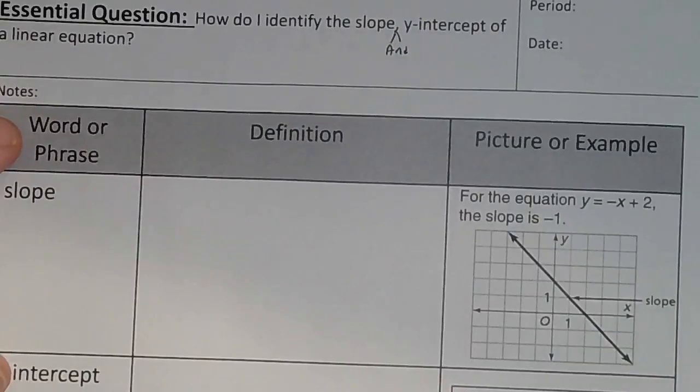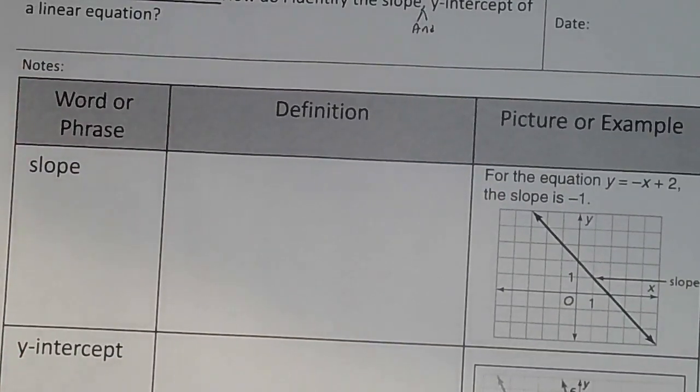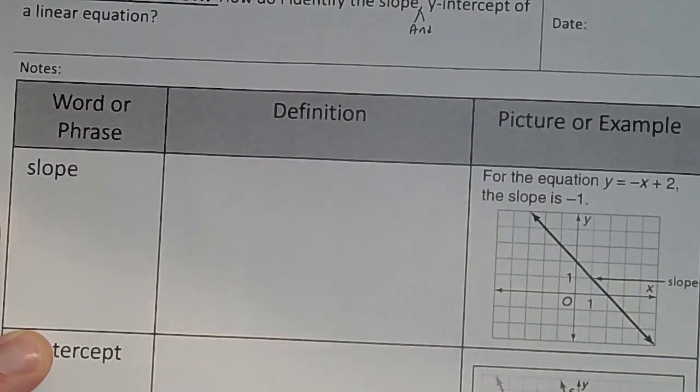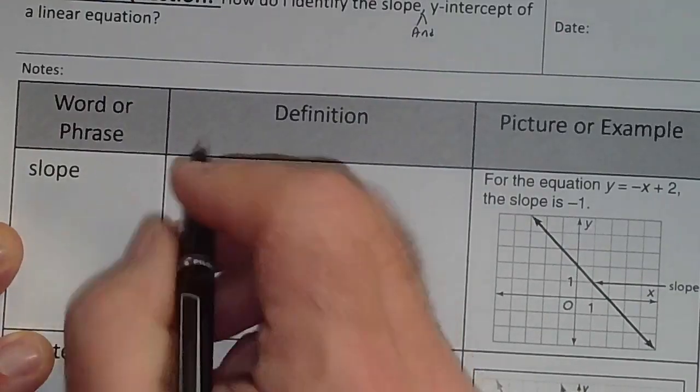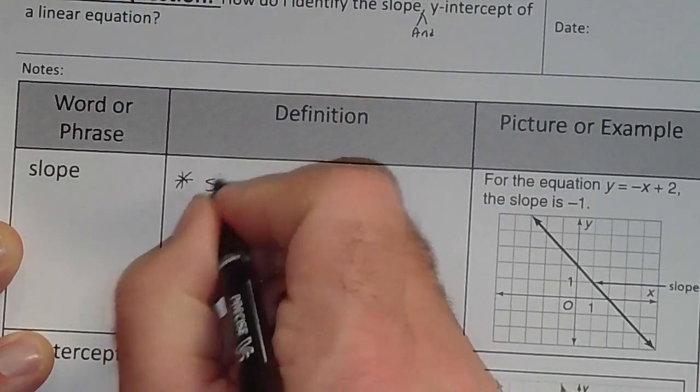Great. So what we're going to be doing is taking equations that are linear and turning them into slope-intercept form here. So let's just go back and remind ourselves of some definitions. Like, what is slope? So slope is a measure of the steepness